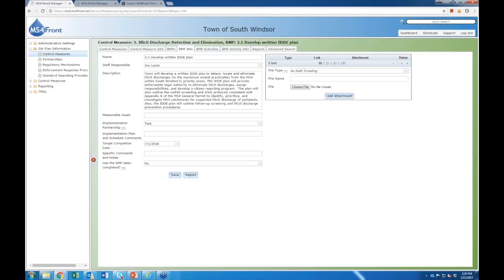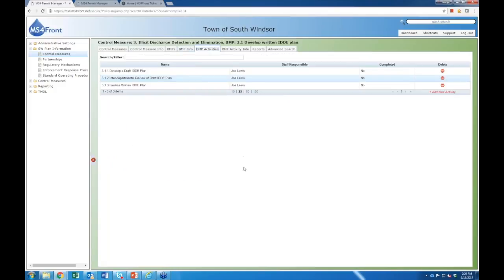So past the BMP, I can drill down into the specific BMP activities. In this example, I've entered in a few scheduled BMP activities. So you see I have 3.1.1 is to develop a draft IDE plan. And then this next one is to do an interdepartmental review of that draft plan. And then finally, we finalize that written IDE plan. So if I drill down into this,